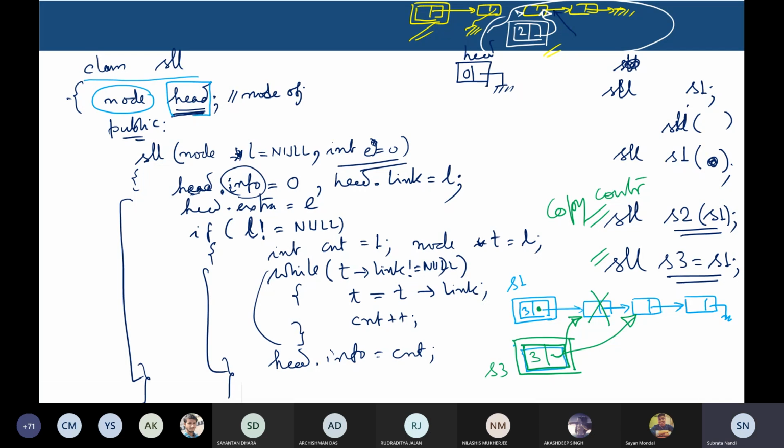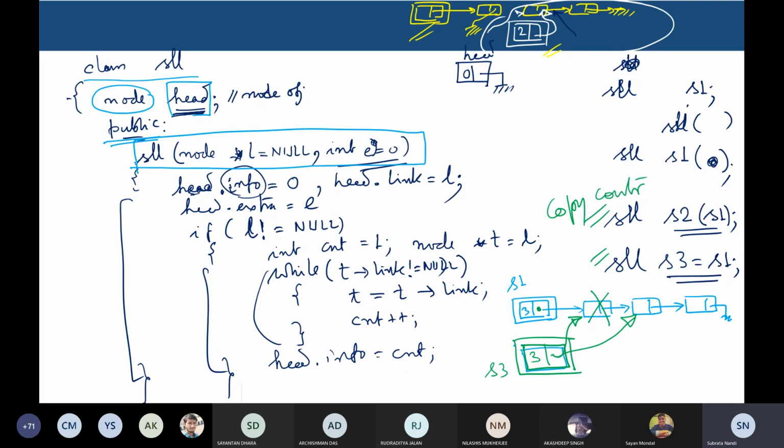And what is its access specifier? This is private, and because this class has the default private, I have not even mentioned it here. The rest of the methods I prefer to make public. So this is SLL. So what is this? This is a